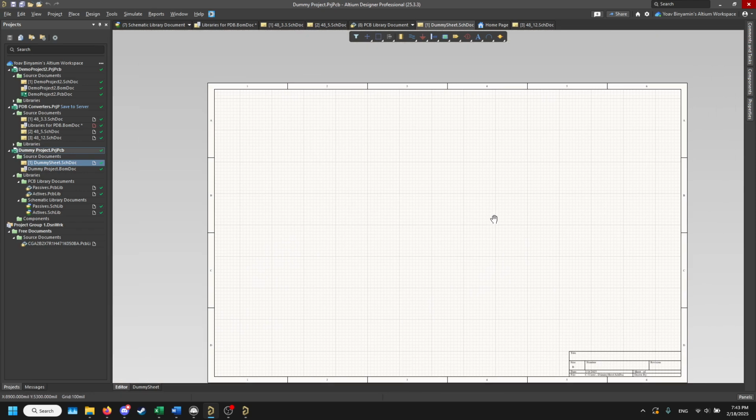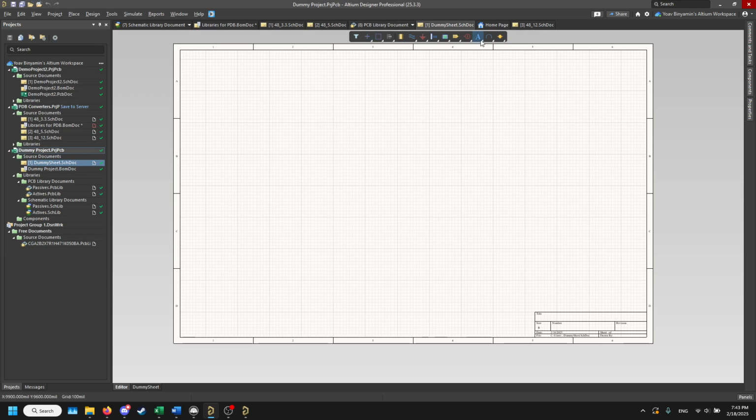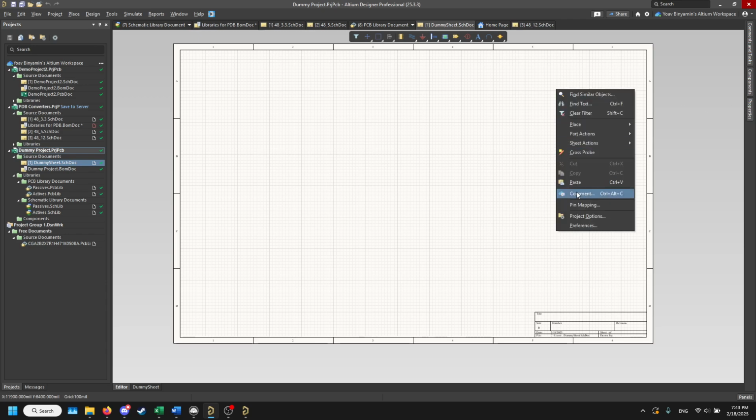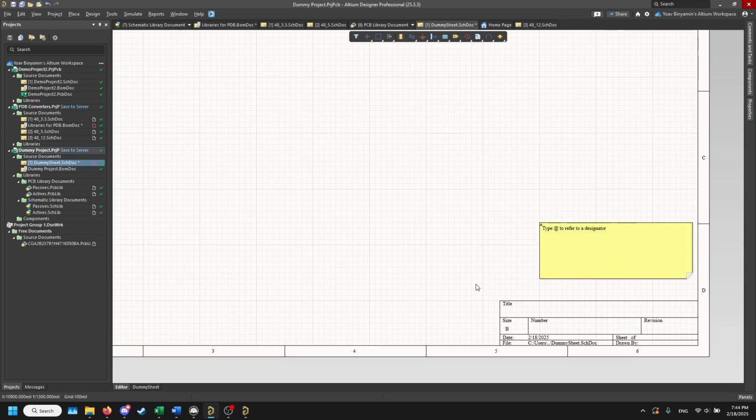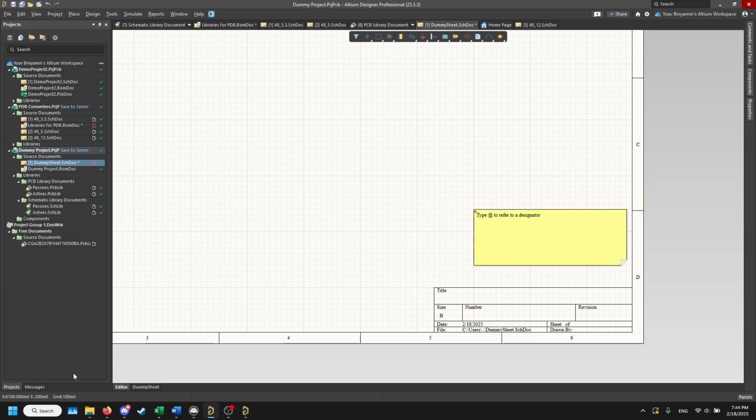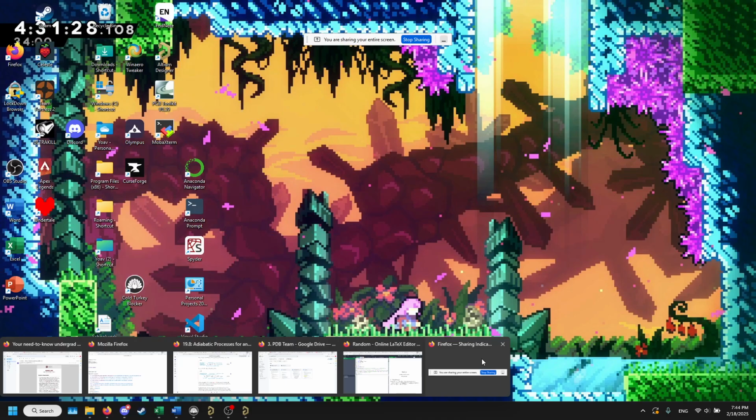So a good practice when you have a sheet is to start off with some sort of text string, text frame, or note, or you can use the comments feature. So you can right click, you can comment somewhere on your schematic. We'll start off with just a note, kind of somewhere around. You can title it whatever you want. So for this one, I'm going to be making the